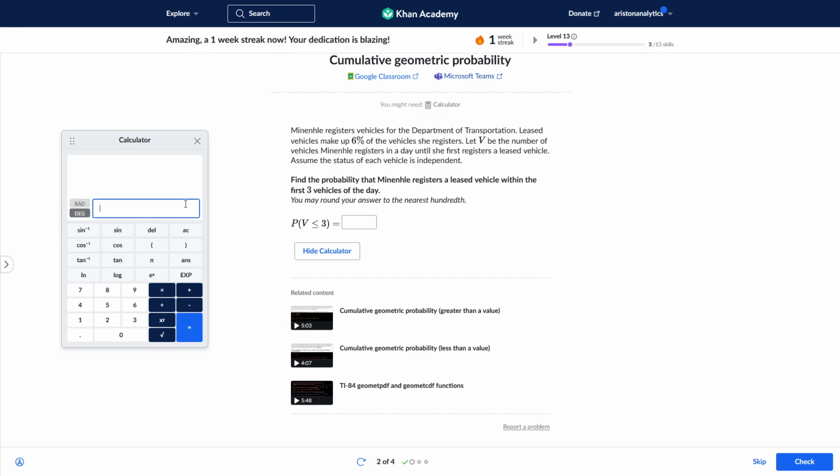The only way not to satisfy that is 1 minus 0.06 to the power of 3. That's 3 leased vehicles in the first 3. And the opposite would be